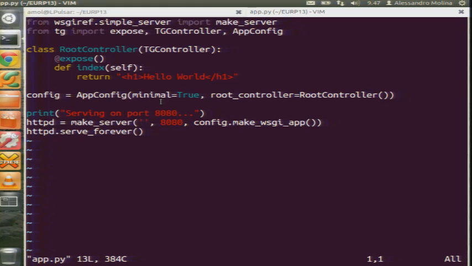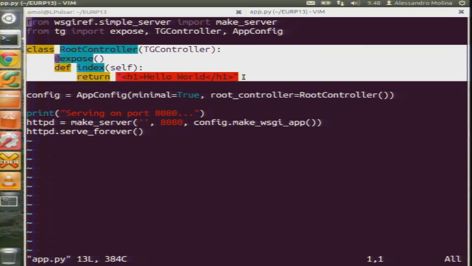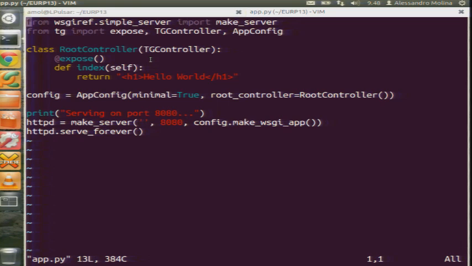Okay, what's happening here? The core part that is in charge of handling the request is actually the controller, which in this case we only have a root controller. Root controller is the one which is in charge of serving the root of your website. Any controller can have any amount of subcontrollers if you need to serve a subdirectory, subpath, and so on. Any method you write here will be available as a URL if you expose the